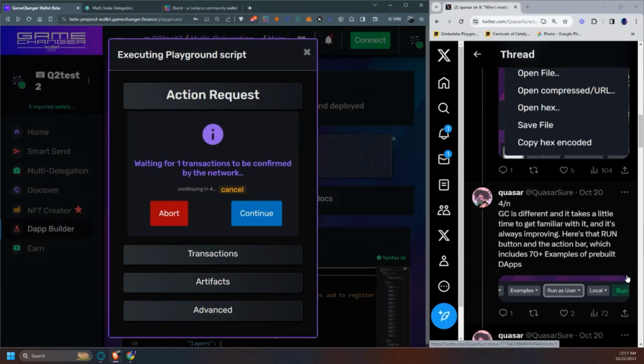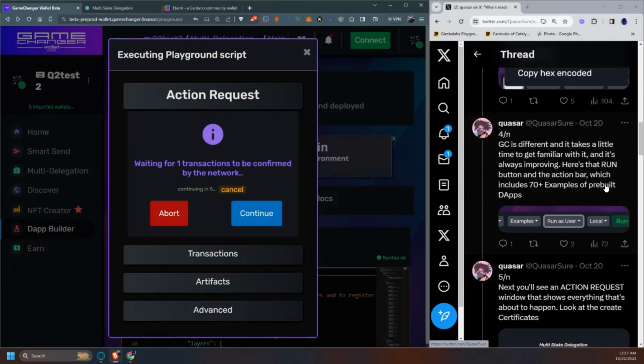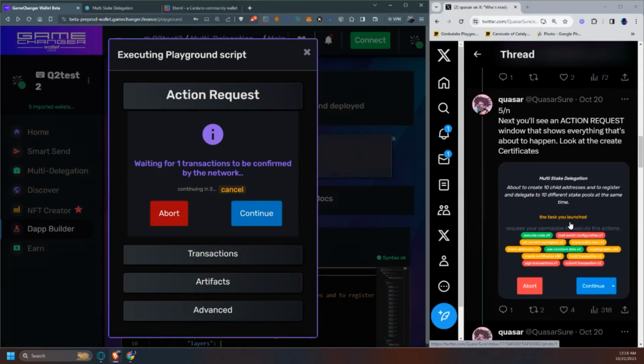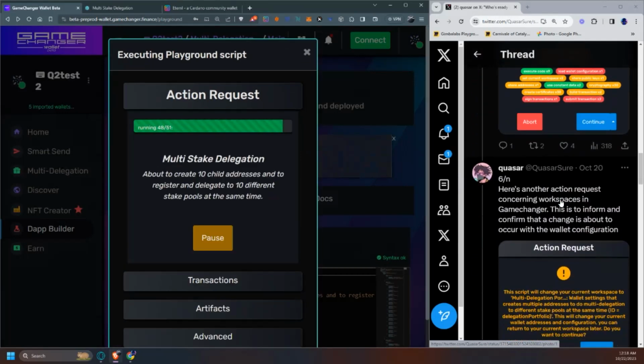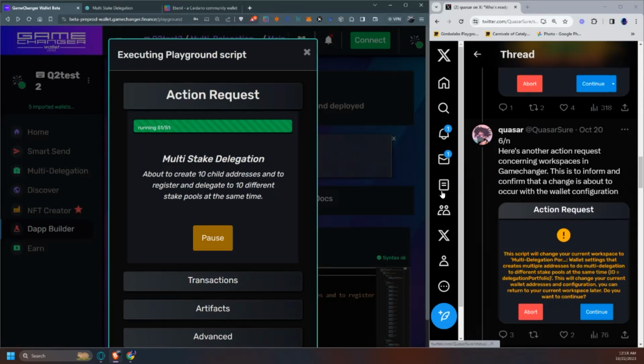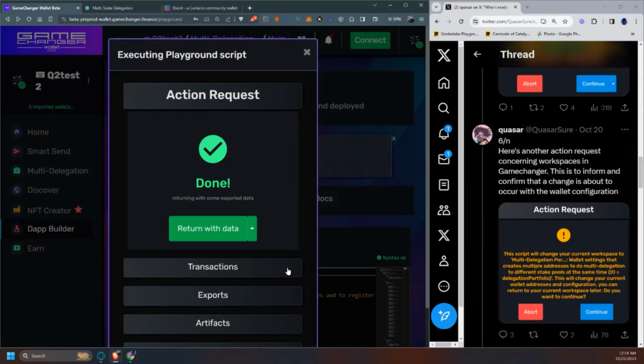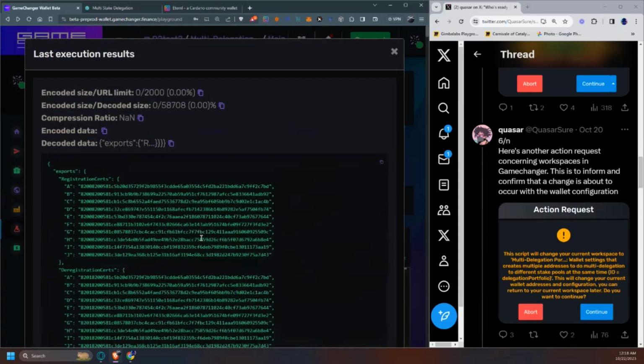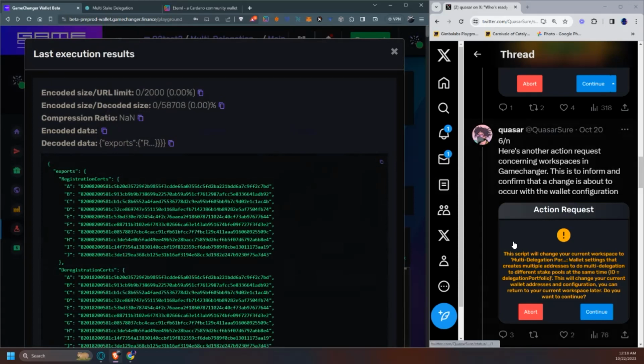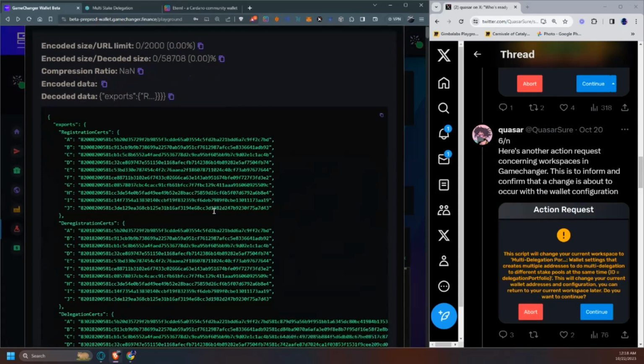All right, and Game Changer is a little bit different. It's actually a lot different. I won't lie to you. We're at the action request. We went through there. All right, all of this is normal. You're going to get some of these. You're probably not used to this with other wallets, not showing you all of the steps that go on, because it is a lot. A lot of times people aren't looking to see all that, but if you're looking to